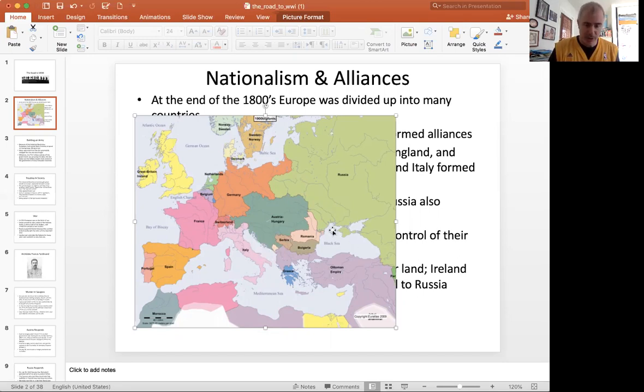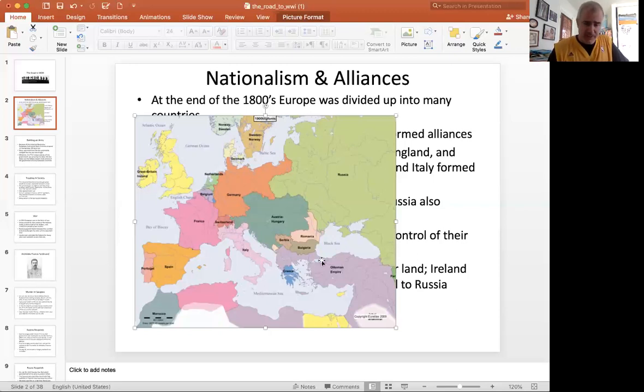The Russians, although in control of this area of the Black Sea, were not able to get their ships through right near the city of Istanbul, and to get their ships into the Mediterranean Sea. This is what's called a warm water port. The Mediterranean Sea has warm water. This area up here has cold water. The Russians could launch their ships into the Baltic Sea or the Black Sea, which is basically a lake.